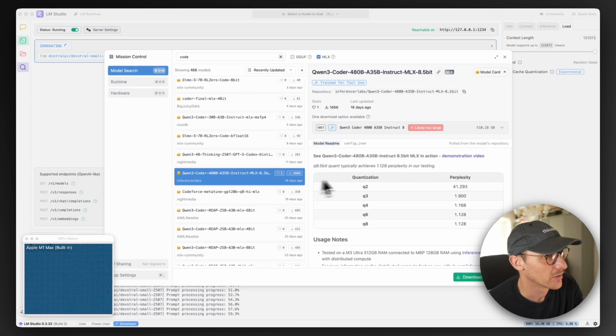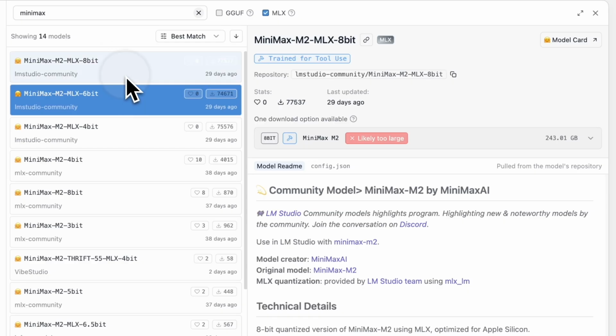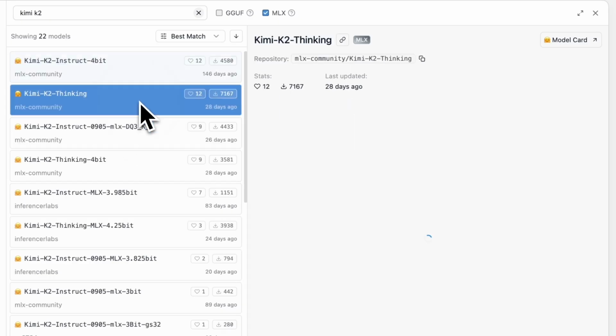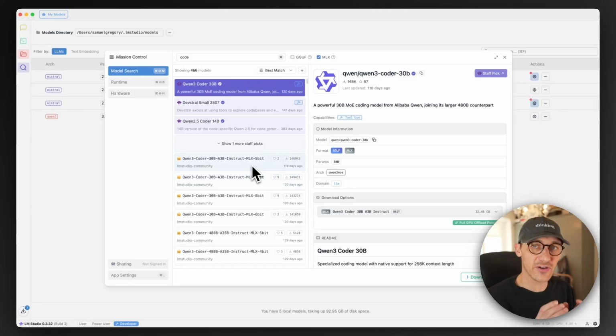Here we go, here's a big one. It's the Qwen Coder 480 billion parameter model, and this can run on that Mac Studio Ultra. MiniMax is also an option for those with bigger RAM, and Kimi K2 if you've got a lot of RAM. A lot of these have very, very small context windows, and this is a big thing that I see